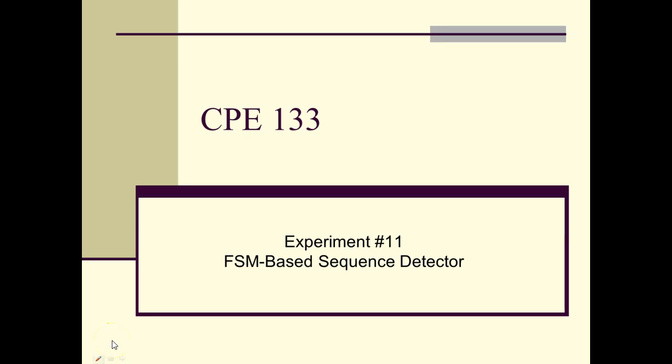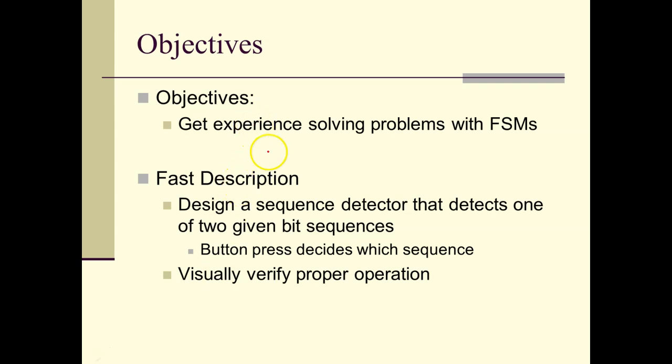This is CPE 133. This is experiment 11. What we're going to do in this experiment is design a sequence detector, and of course it's a digital circuit that's going to be controlled by a state machine. The objectives in this experiment are just to get you more used to using state machines to solve digital circuit